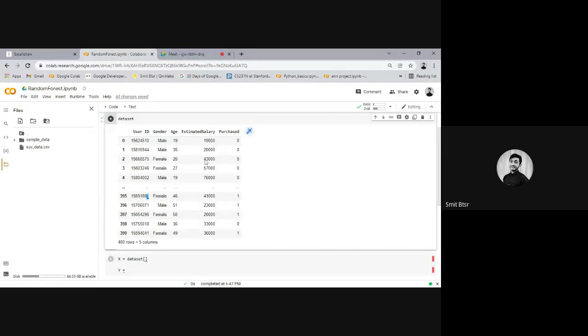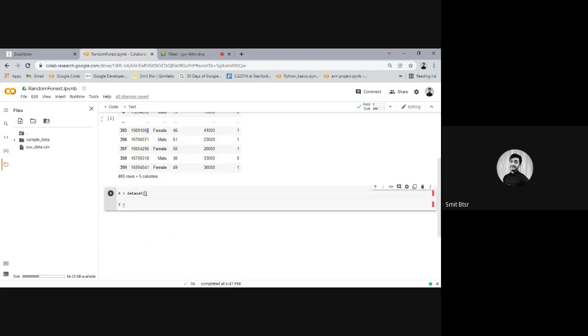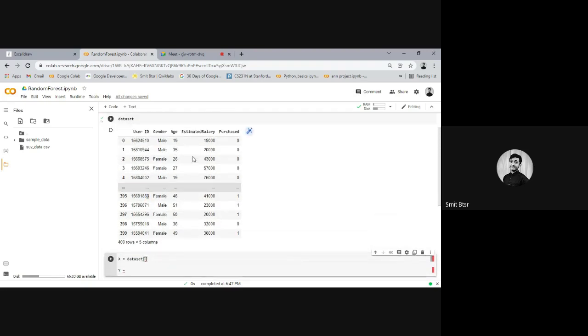Okay, so salary is a very good attribute to decide whether they will purchase or not, because we have to find out whether they will be able to afford it or not. So we will consider these two columns for now, age and salary, because gender does not make more difference in the majority of cases, that's my guess. Let's say we will consider only age and estimated salary. So for X, what columns should we consider? Age and estimated salary columns. So we'll type those column names.